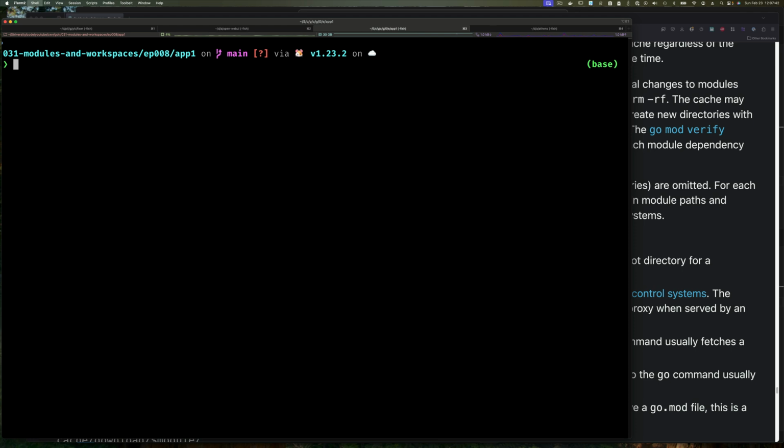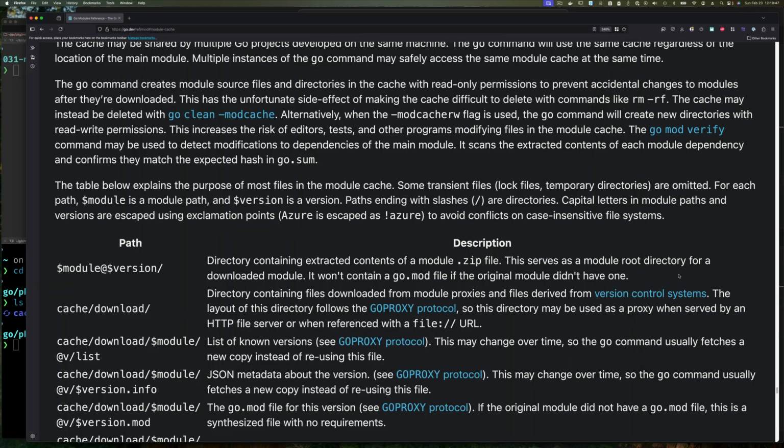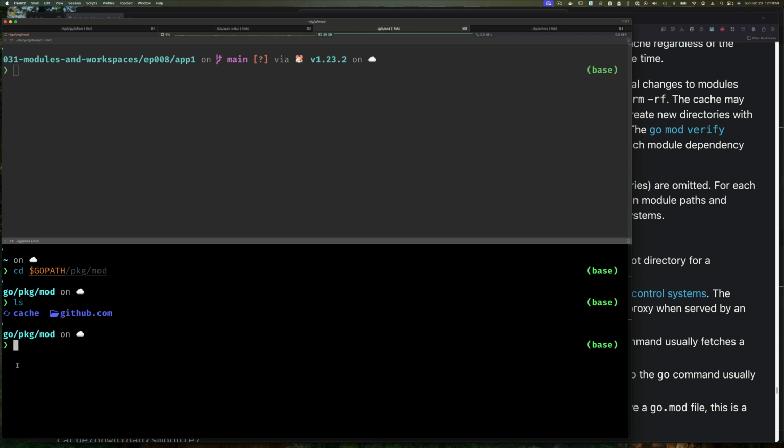Just clean up and I go to cd. I wanted to go to my Go package directory. And if we do ls, we'll see there's a cache directory and then this github.com directory. Now, it says that this directory that has a version module at version has the extracted content of the .zip. So to understand what that is, and we shouldn't spend too much time on this,